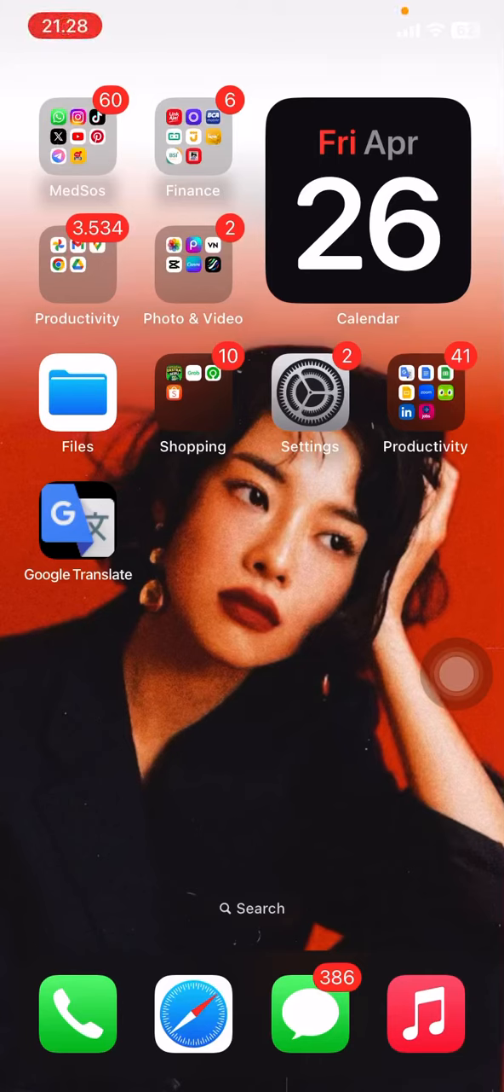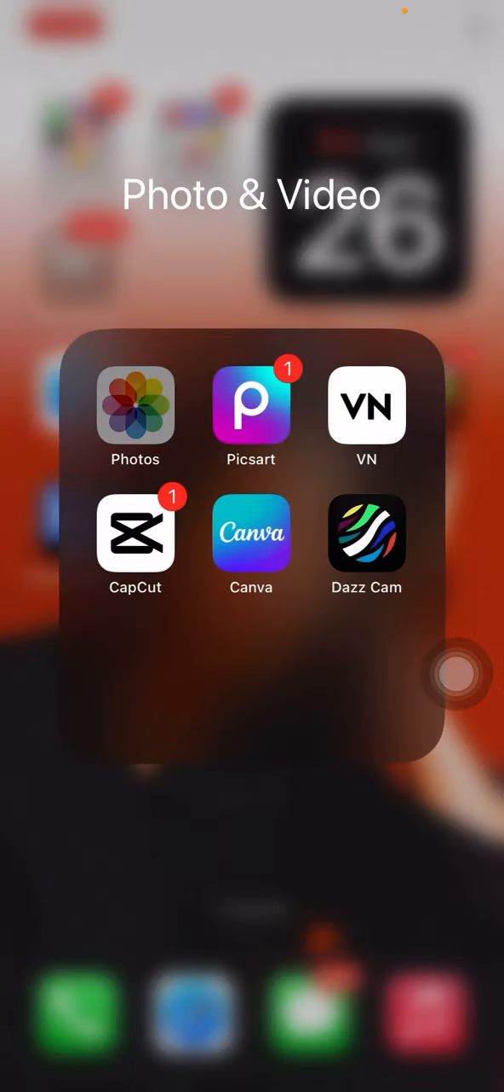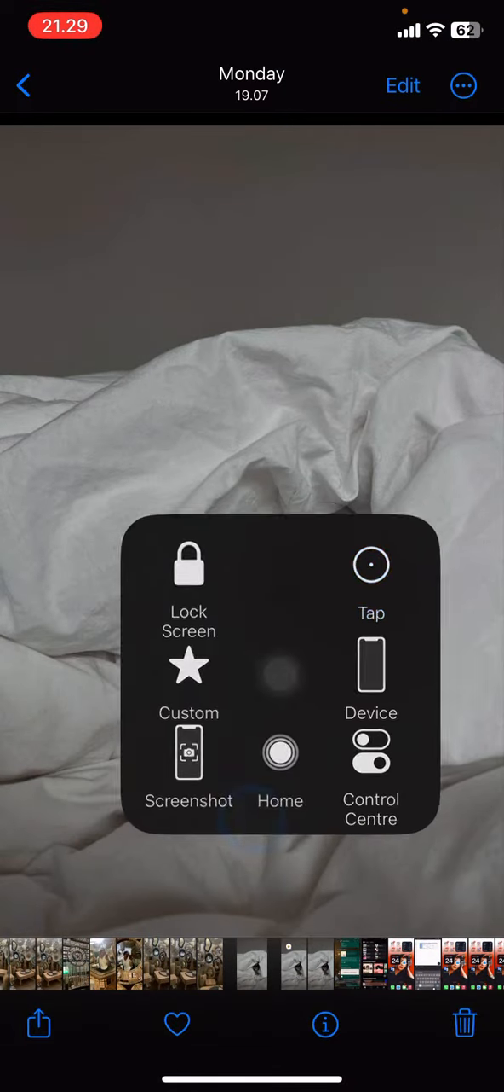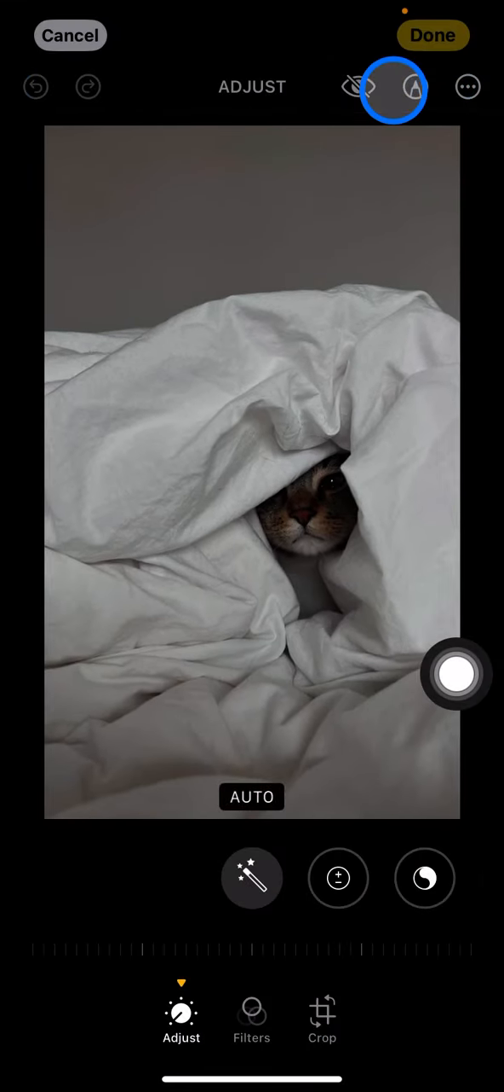So today we will talk about iPhone, and I would like to show you how you can revert the edited picture that you have edited with your photo library on iPhone. So here I would like to show you how you edit the photo first. Open your photo library and then you just need to tap edit,